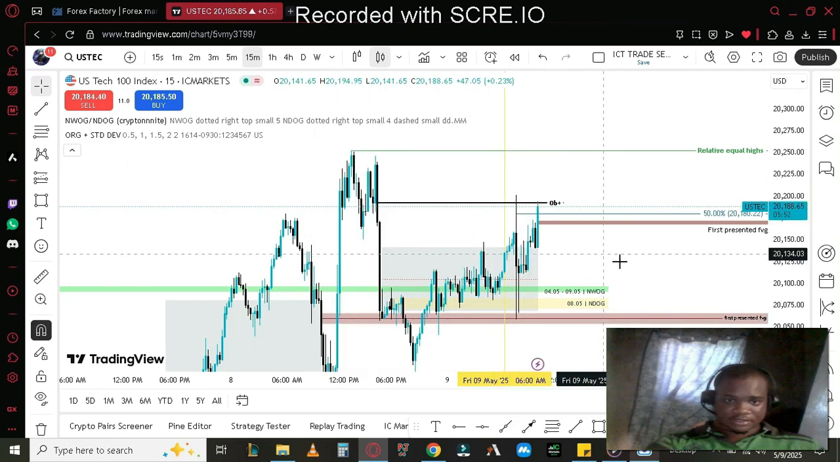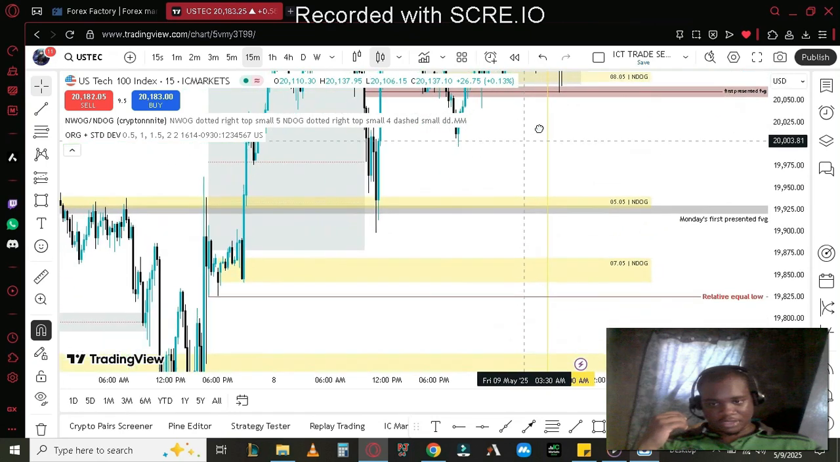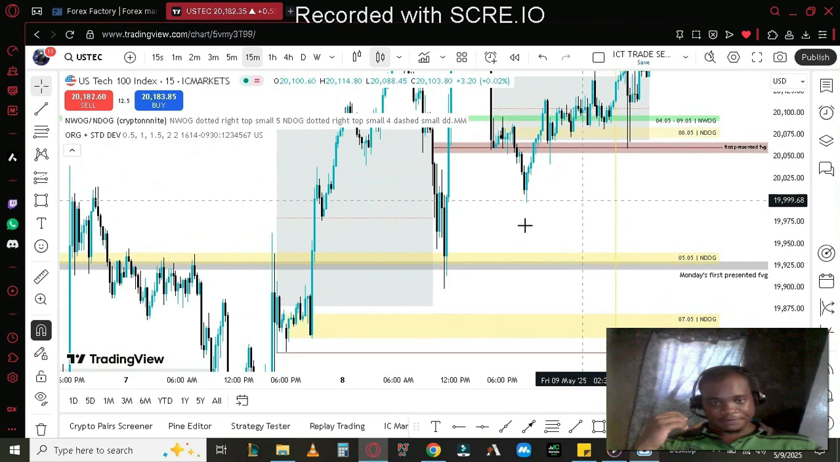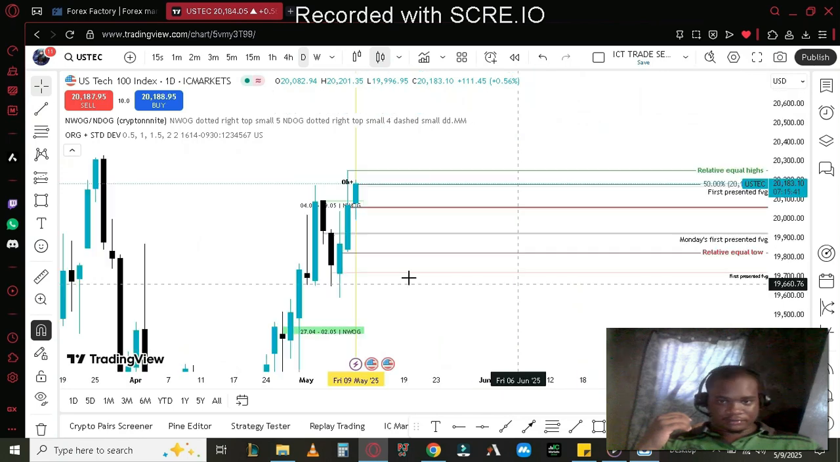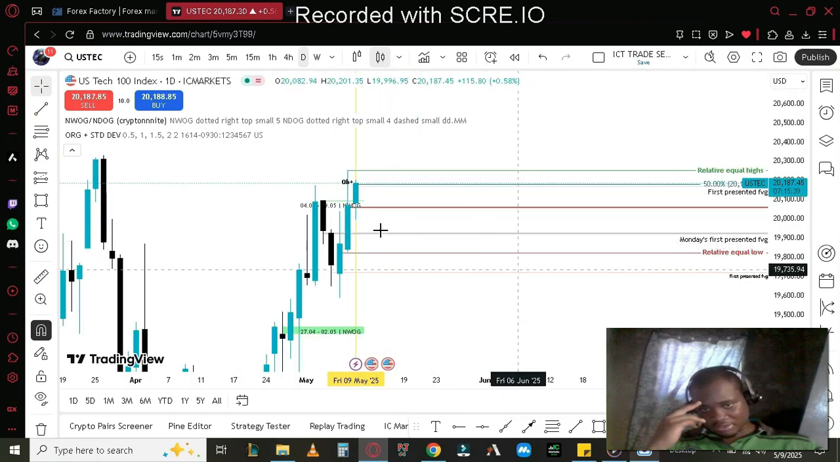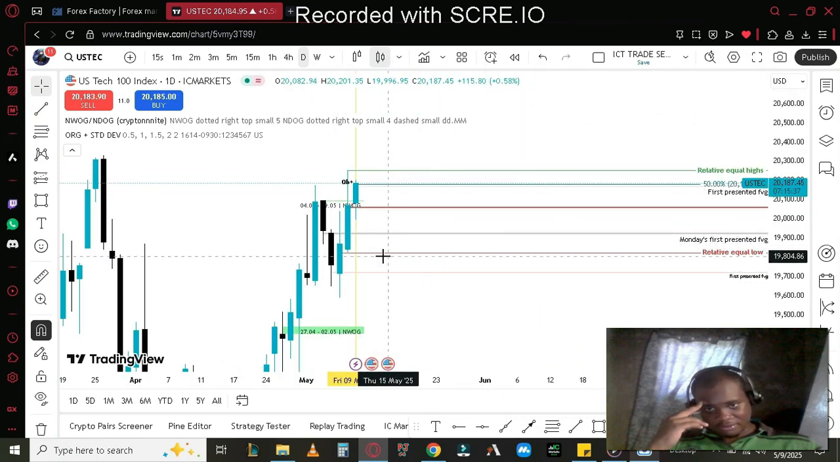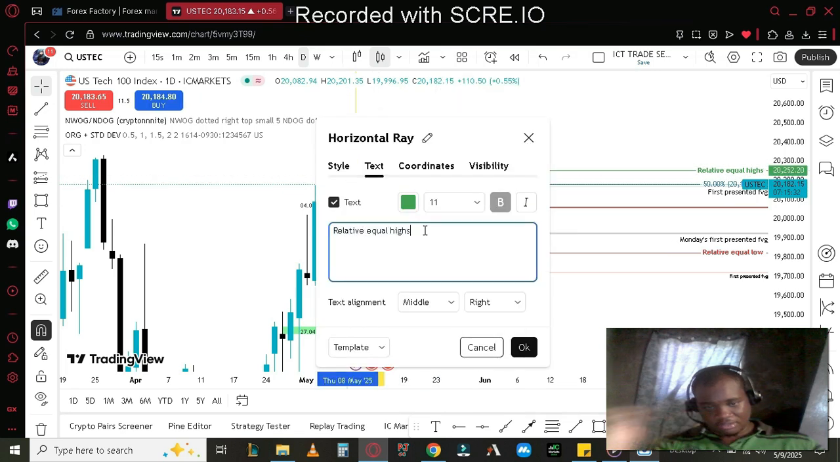Anyways, so that's pretty much what I do. I look for relative equal highs, relative equal lows, and then I also look on the daily chart. So start off on the 15 minutes and I'll go down. But for the daily chart, I normally look for the high and the low. So this relative equal high here is also a daily high,